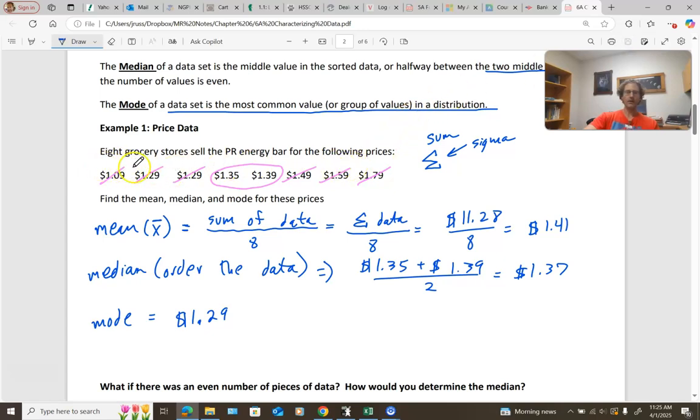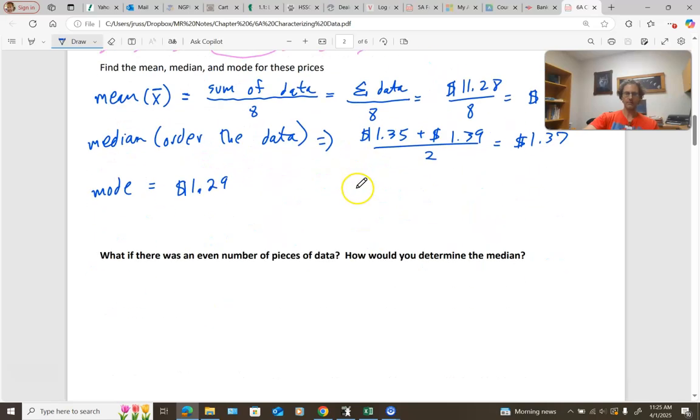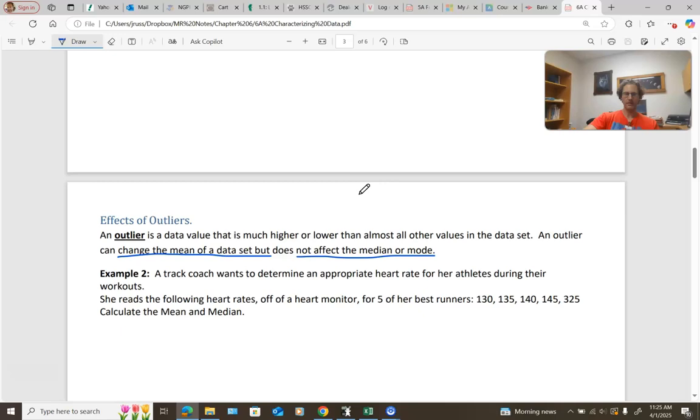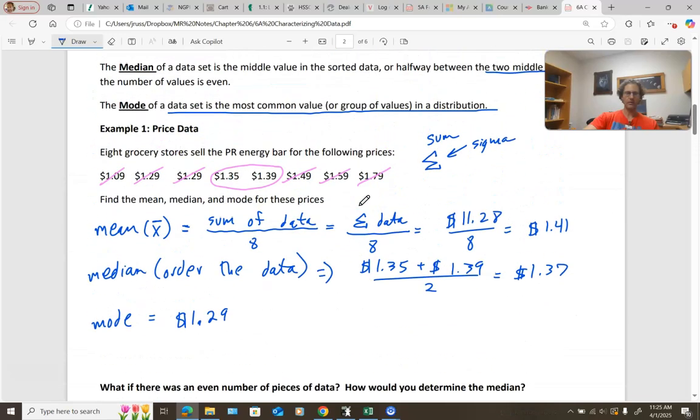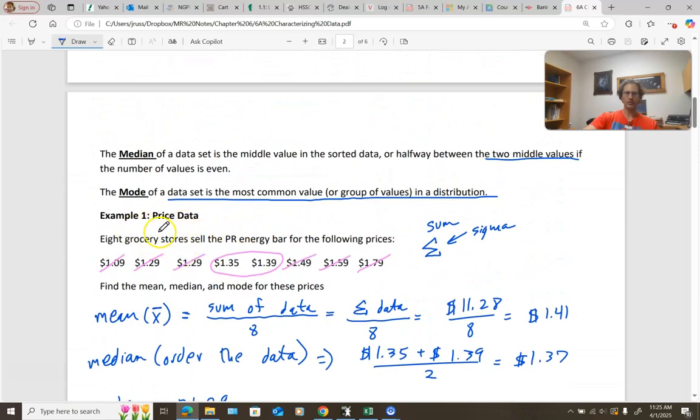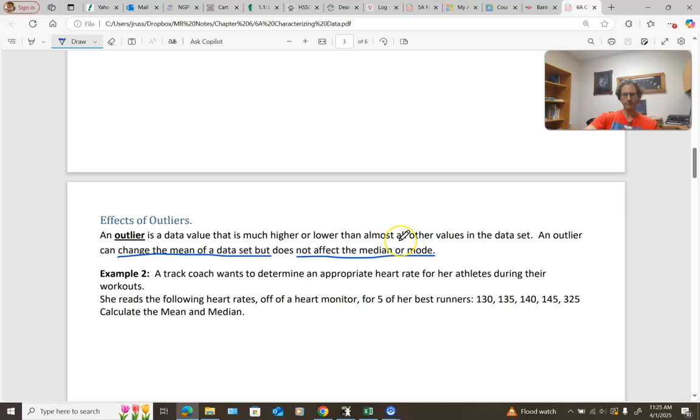Or another outlier maybe on the lower side, well, I don't know if you would see one on the lower side, because $1.09 is already pretty low. But this data was taken from a grocery store, so as you guys know, things are much more expensive at gas stations. If you were to have selected the price of this energy bar at a gas station, it could be like $4. But anyway,